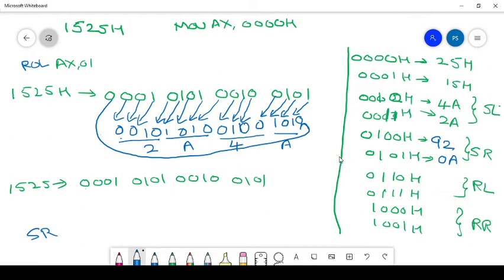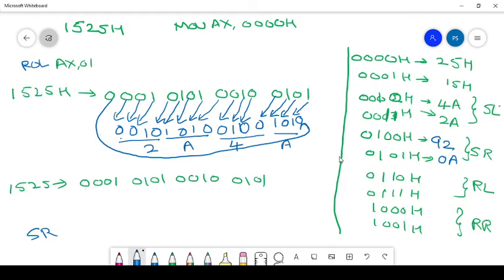Directly I am writing 0, 1, 0, 0, 1, 0, 0, 1, 0. The LSB 1 is moved to the MSB. Therefore, the newly created number is 1000.